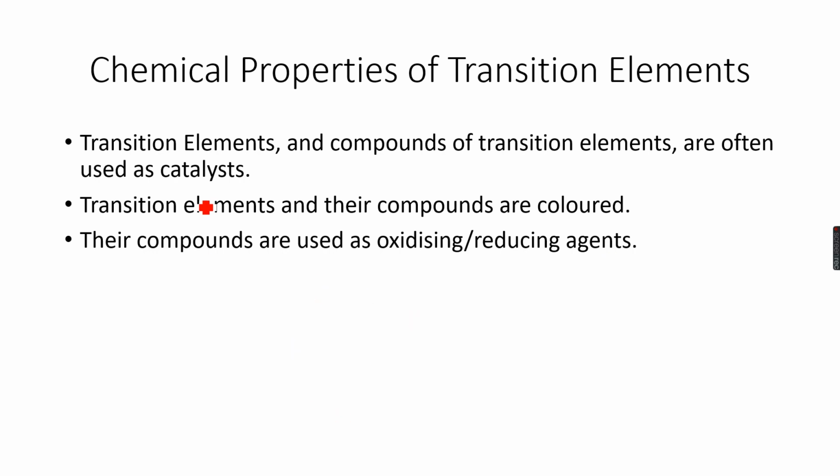So in the Haber process, we used a transition element which was Fe. We used the element itself, the iron. And in the contact process, we used a compound of a transition element. So we used V2O5, which is vanadium pentoxide, and this catalyst was used in the contact process. Vanadium is a transition element. It has an atomic number of 23,